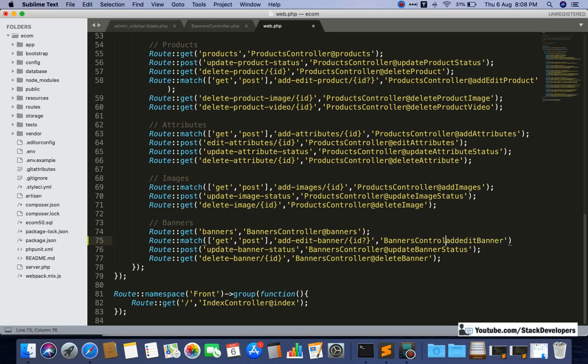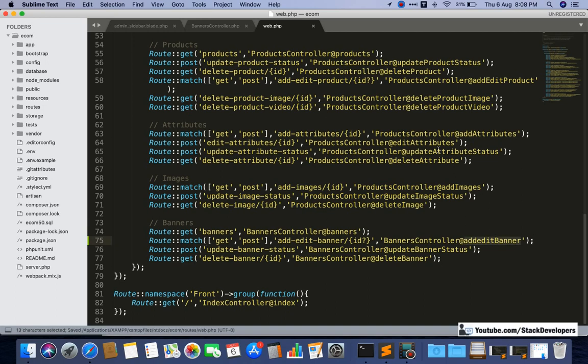First of all the controller will come, and then the function will come like this, okay. Then at last we just need to add a semicolon, okay. Now just review: route match get post, that is fine, and after that add-edit-banner slash id, with the question mark we have used as optional. After that the banners controller, that is fine, and at the rate of add edit banner, okay, perfect. So now the route is ready.